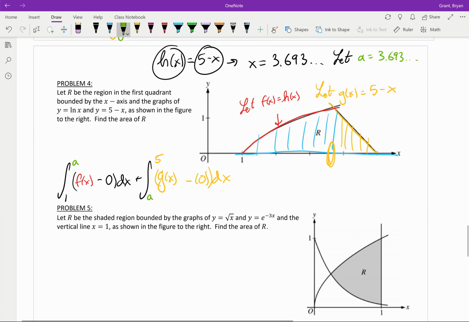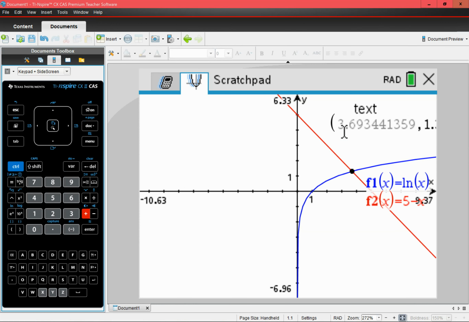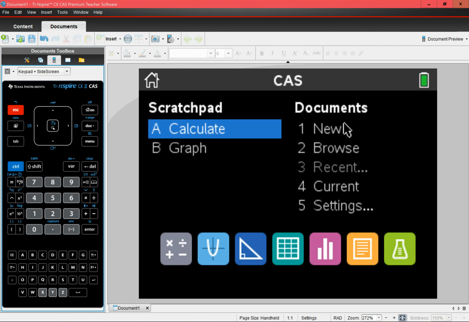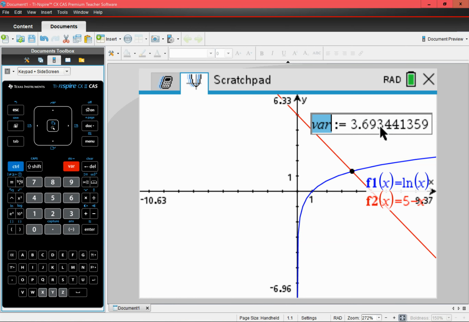But we can actually do that on our calculator too. So I'm going to jump back over here really quickly, and I'm going to go ahead and take that value, and I'm going to do Control and then STO is in blue for store. And I want to, oops, be better than that apparently. I first need to click on this. There we go. It's going to highlight, and then Control store, and it says what variable do you want to store this as? I want to store it as a. Enter, and it will turn